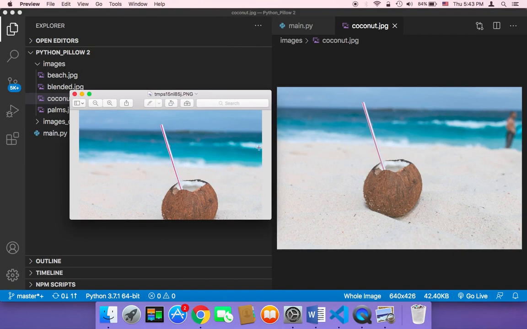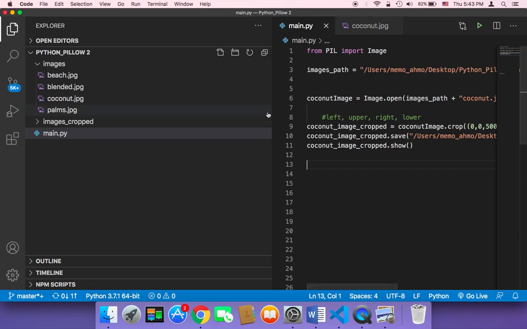As you can see, the difference is that the image has been cropped. It has cropped almost 100 pixels from the right, and almost 100 from the lower part. As you can see, the lower part here is cropped, and also the right part is cropped, because we have passed